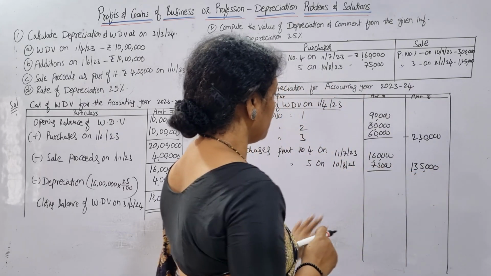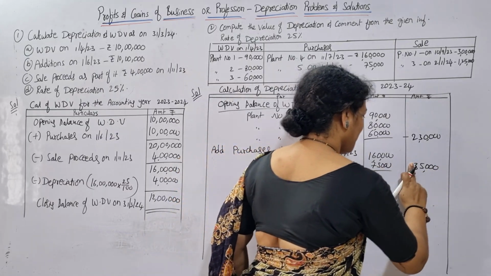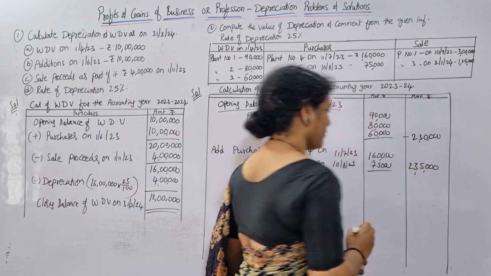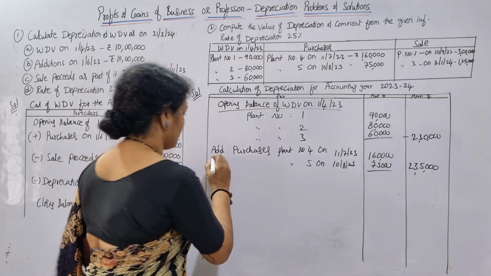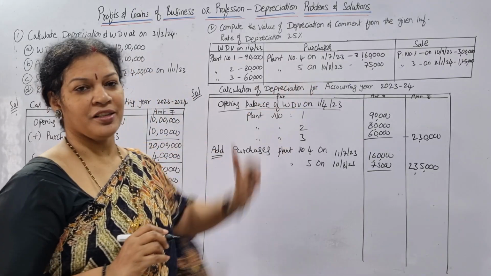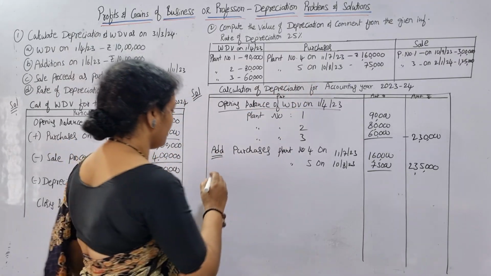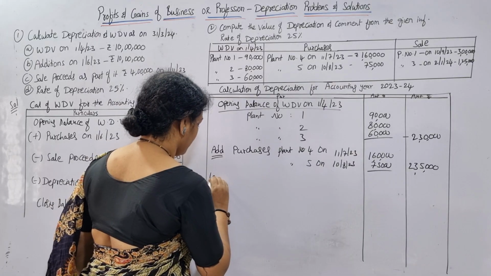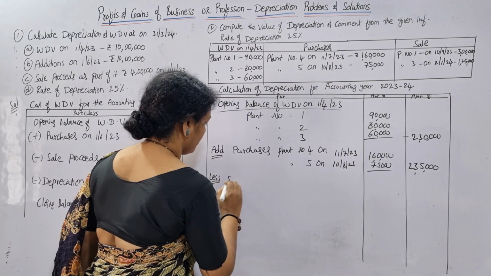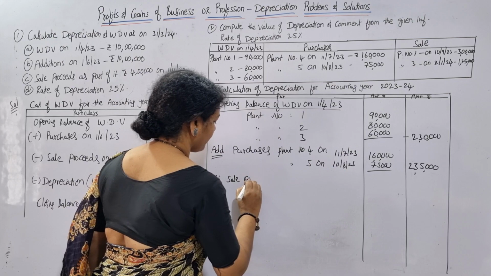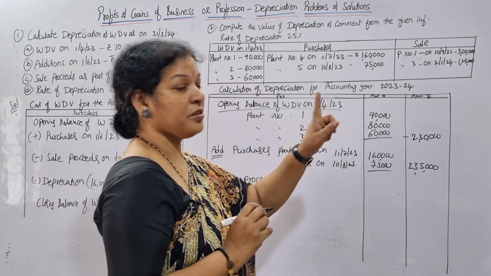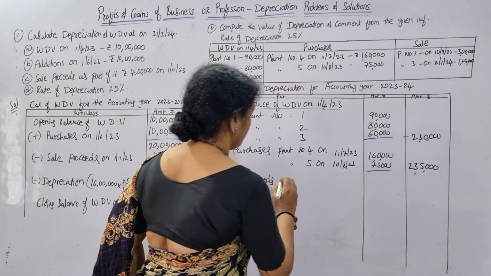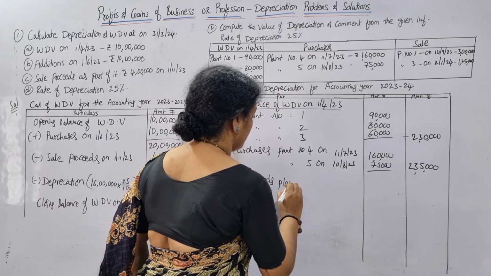Oh yeah, 2,35,000. See, 2,35,000. Added purchases. Next what? Sales will be deducted. Less sales or sale proceeds. How many plants are there? Two plants are there. One is plant number 1